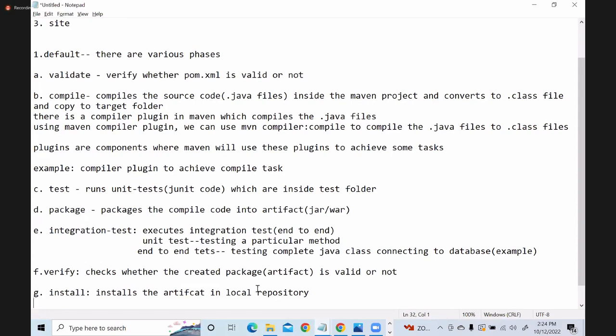As I told you, Maven will have local and remote. For dependencies, first it will check in the local repo. If it is not available in the local repo, it will get it from the remote repo. And what this install will do is, suppose